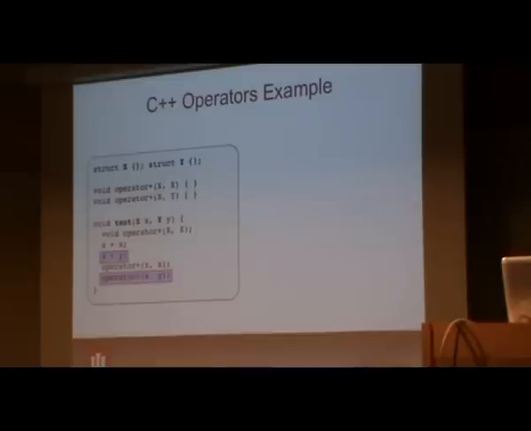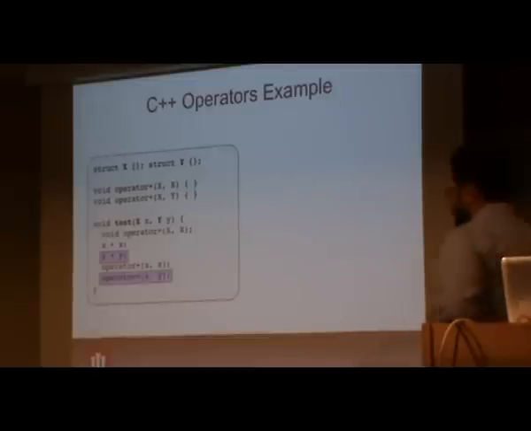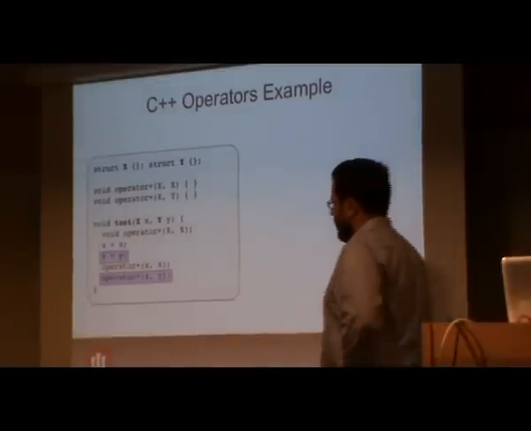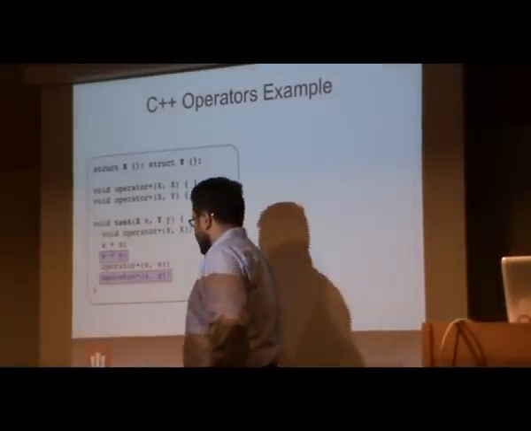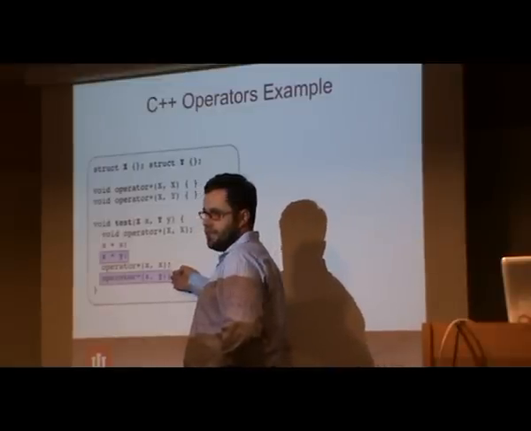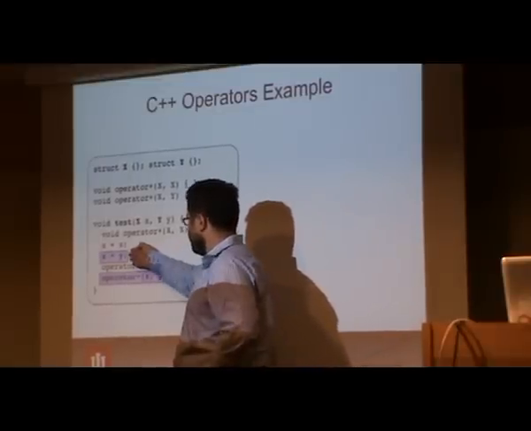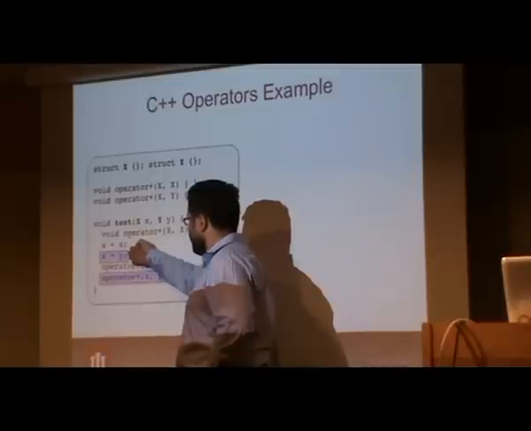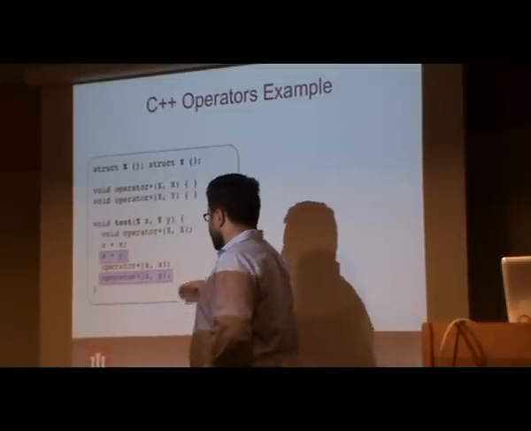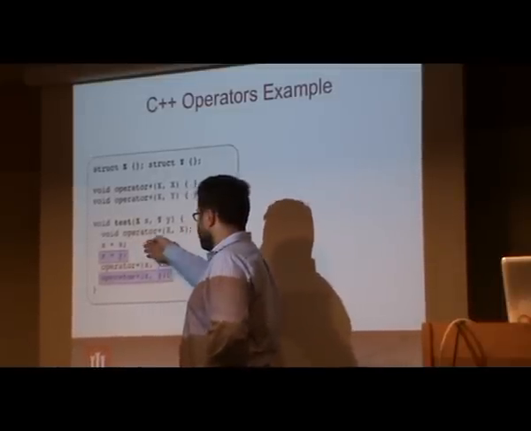Okay. So here is the C++ operators example. It looks very, very simple, but we ran it through 4 or 5 compilers, and out of the 4 that we described in our paper, only one of them got it correct. So GCC and Clang both accepted this reference, but didn't accept this one. But then the Intel compiler, at least it was consistent because it accepted both of them.